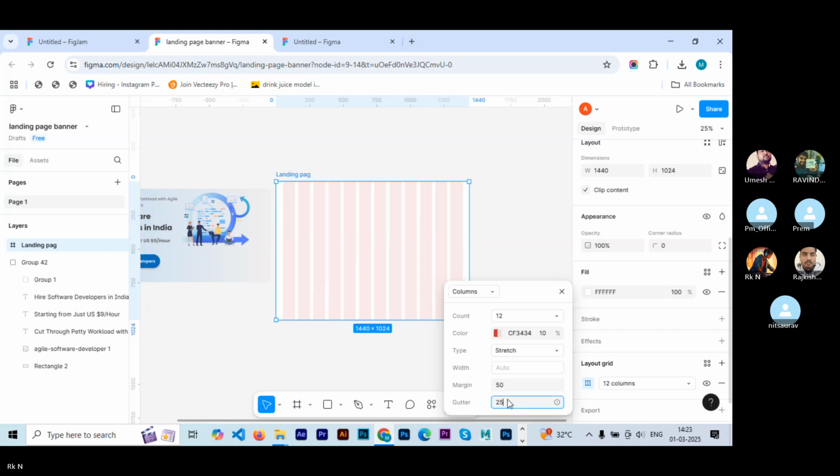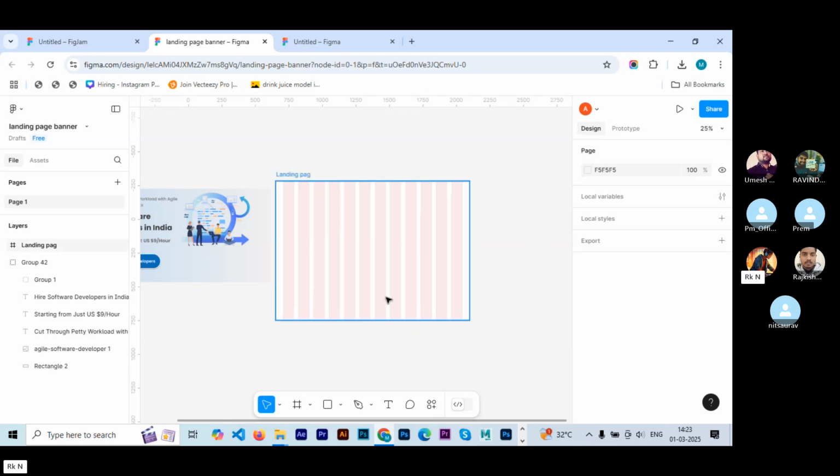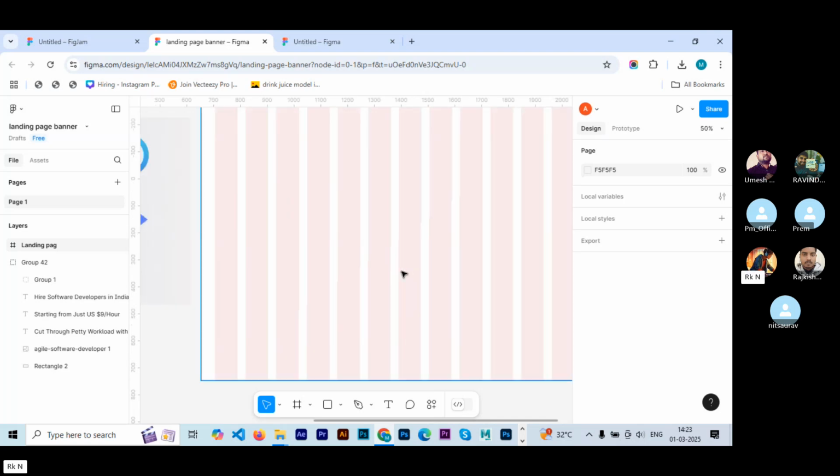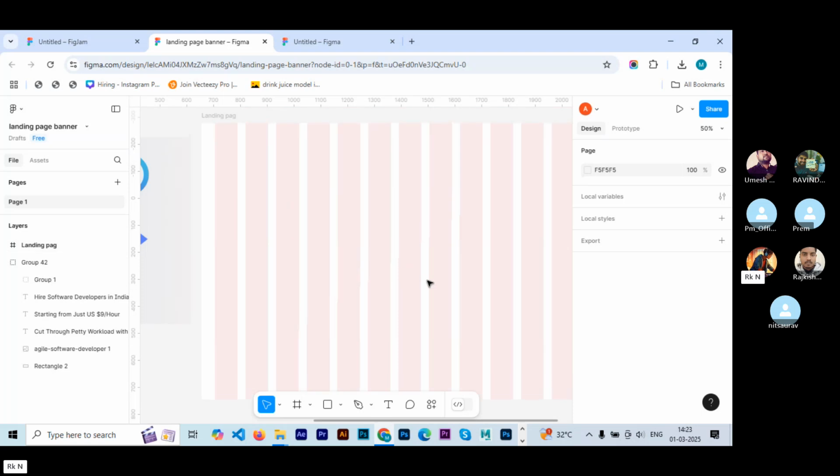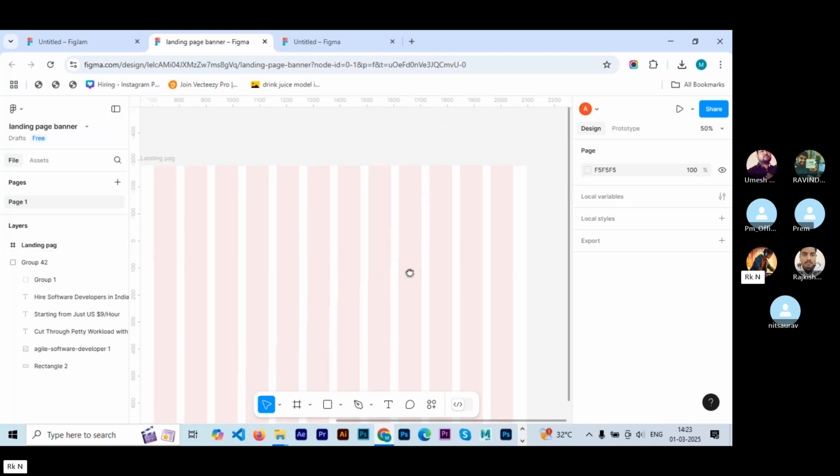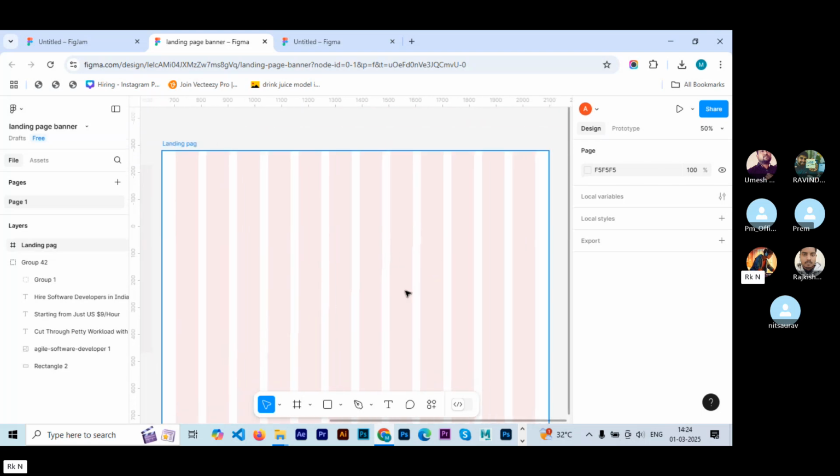तो गटर हम लोग 25 करेंगे, तो देखिए ये गटर थोड़ा सा बढ़ गया। अगर 30 करेंगे तो और भी ज्यादा बढ़ गया। तो ग्रिड का हम लोग का मेन कारण ये होता है कि इससे हम लोग को पता लगता है कि कितने में हम लोग को इमेज रखना है, कितने में टेक्स्ट रखना है। इससे एज ए ग्रिड समझने में आसानी होती है।